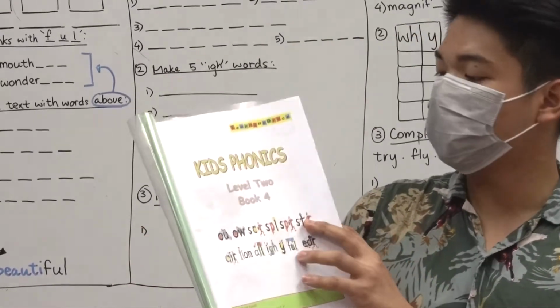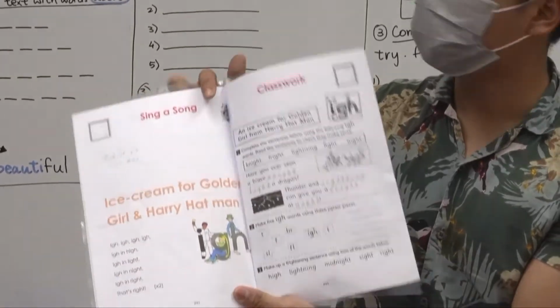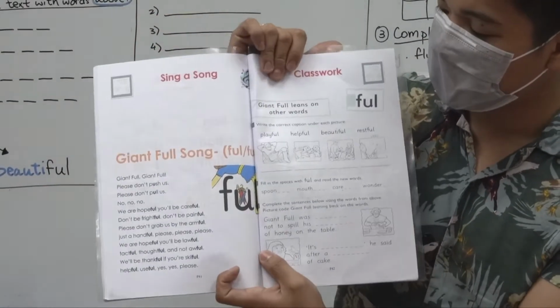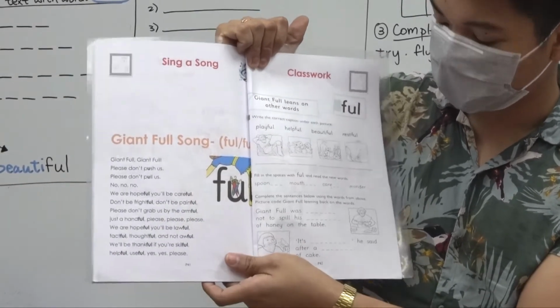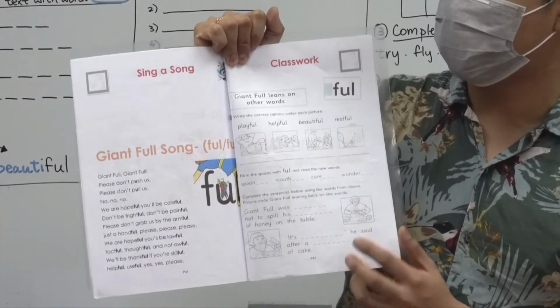And today we're going to do these pages, alright? We have around 5 pages to do. The first page is page 41, okay? On page 41, we're going to learn about this new person, the new Letterland character. And then on page 42, we will do some exercise after listening to the song and the story,